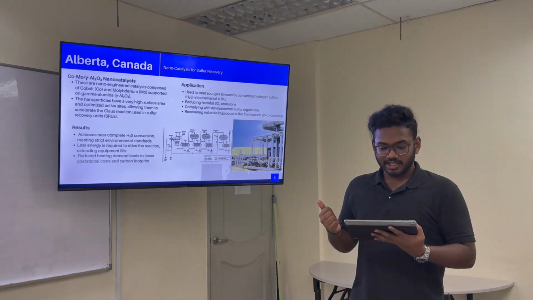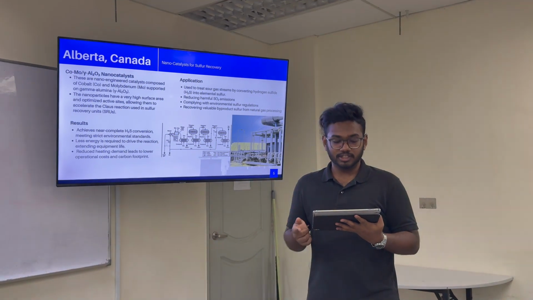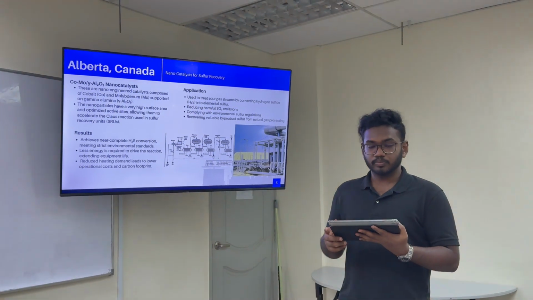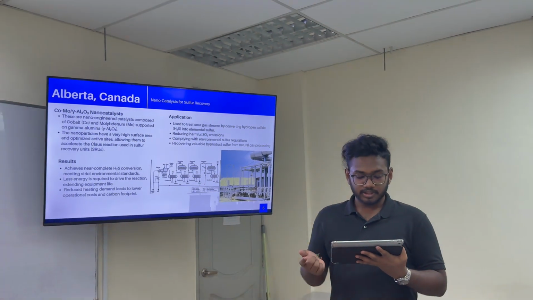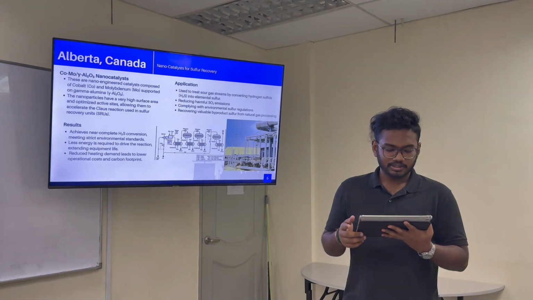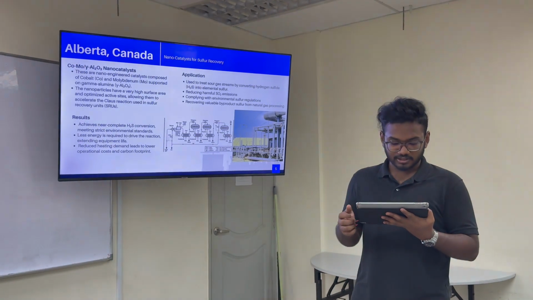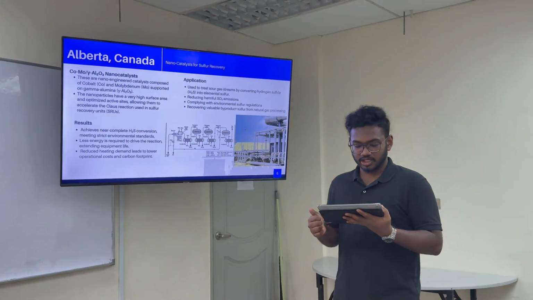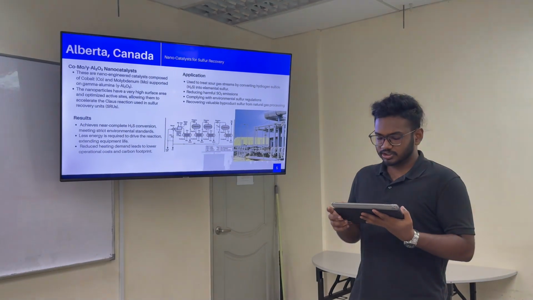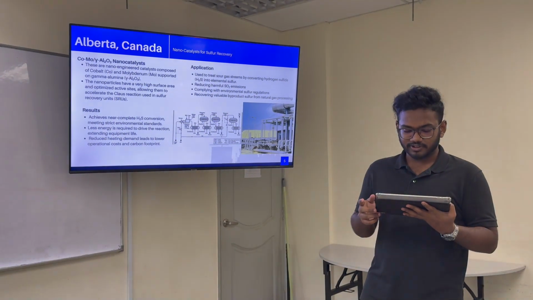The second case study is in Alberta, Canada, where they use nano catalysts for sulfur recovery. These are nano-engineered catalysts composed of cobalt and molybdenum, supported on gamma alumina. The nanoparticles have very high surface area and optimized active sites, allowing them to accelerate the Claus reaction used in sulfur recovery units. The application of this technology is to treat sour gas streams by converting hydrogen sulfide into